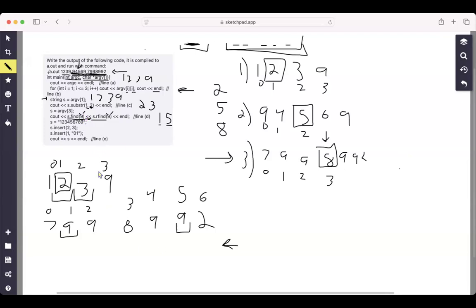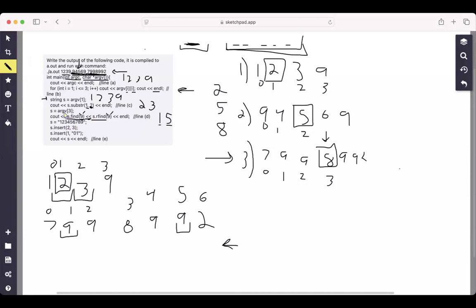So I'm assuming that it still meant that it was talking about the character, but just to keep in mind, right? If you're trying to find something in a string, you want to find something in characters. You don't want to really use integers because you're not really using integers here. Okay,